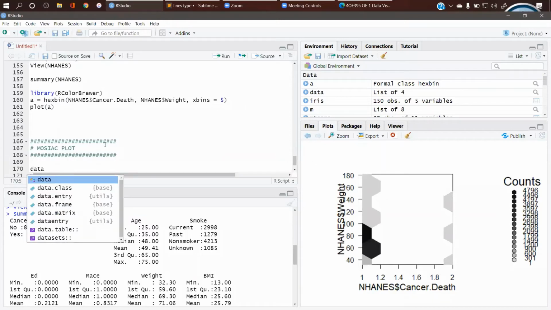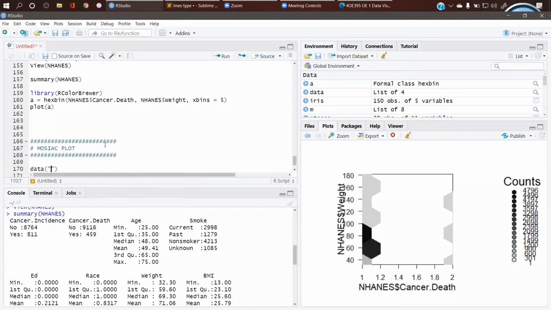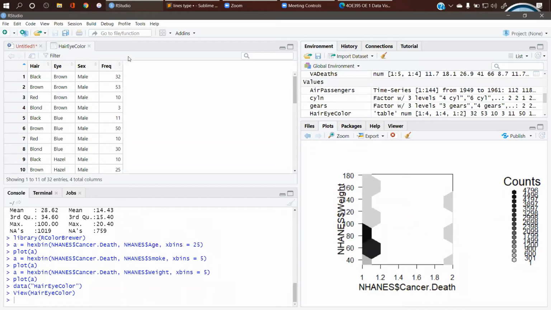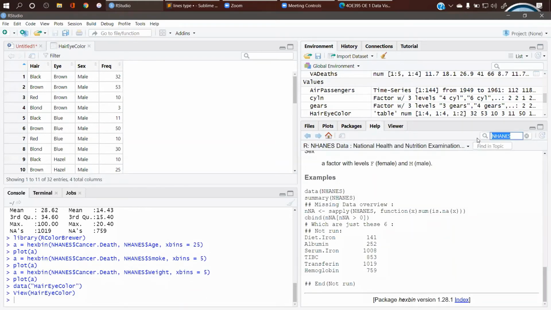We'll take a new data set. This is the new data set. We'll see some details about it.